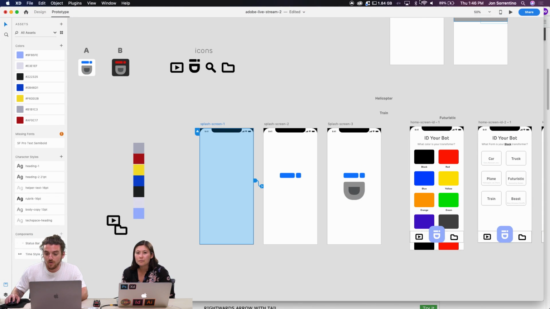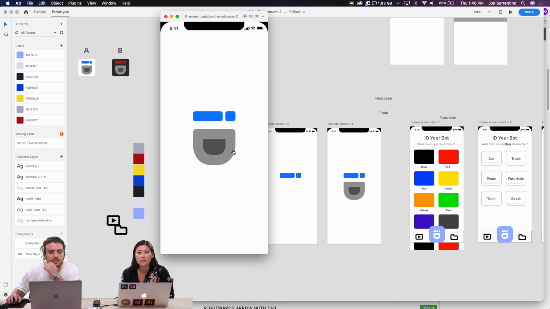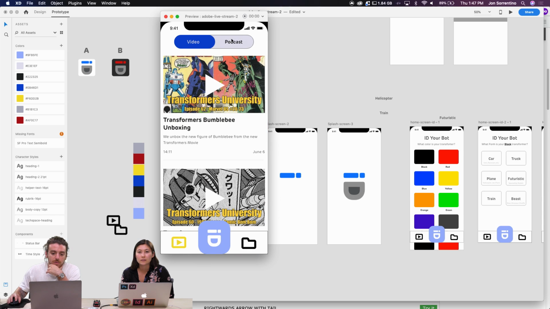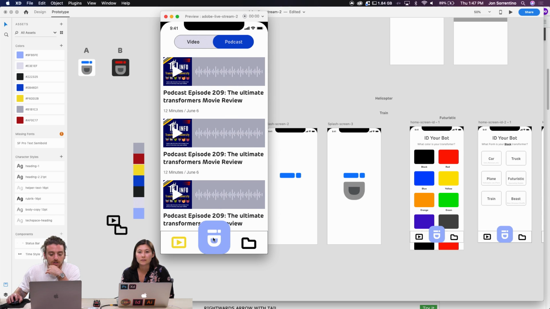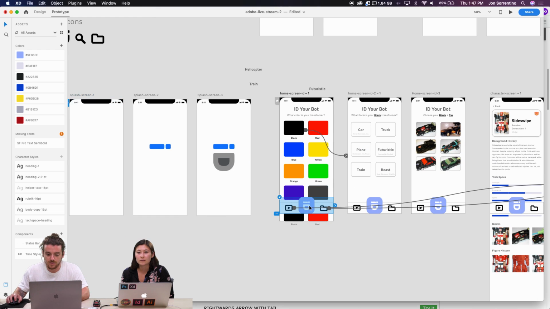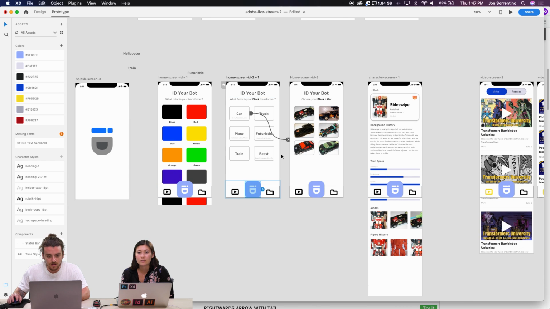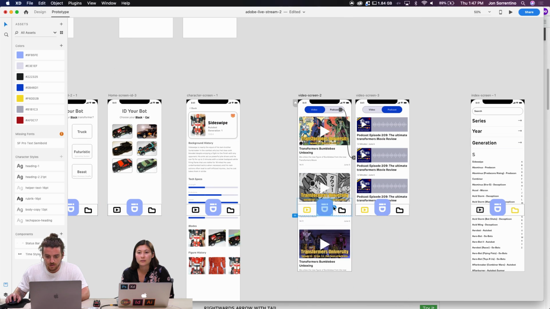Yeah, so really quickly, while we were going through that, I made a really quick flat splash screen moment, like a loading screen, and from there it would jump right into your home feed here. At the beginning of the day, we talked about making this find your bot feature the main reason why you'd come here. Then you can go into your podcast, you can go into your video. I don't have this set up to go back to your home button, so let's make this one go back to